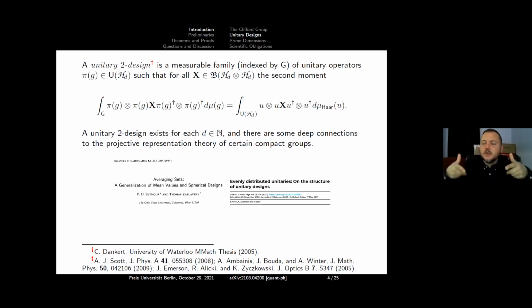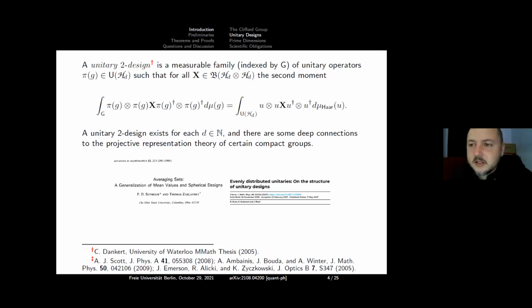Okay, so these have been around for a really long time. In fact, Cayley called them tactics, and it was Fisher in 1935 who changed the name to designs. So these have been around for a very long time. And in 1984, in this paper of Seymour and Zaslavsky, it's shown that they always exist. In every dimension, they exist. And by the way, these are like spherical designs. So they exist both for complex and for real settings, right? The spherical designs in D dimensions.